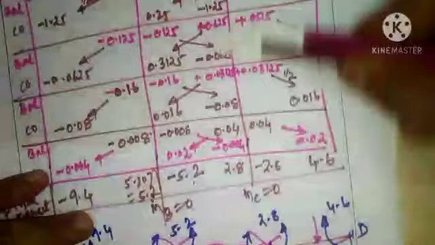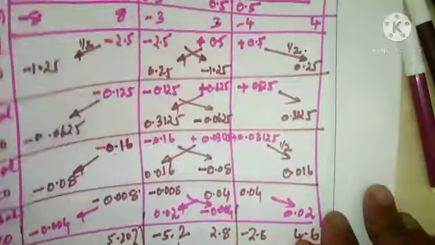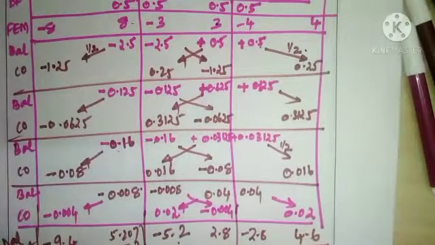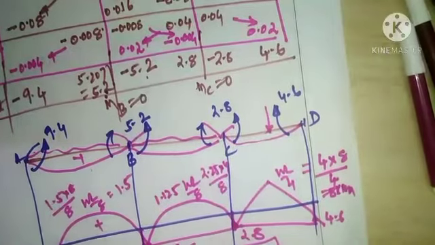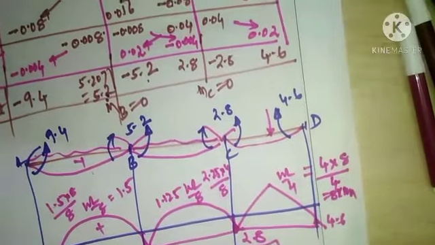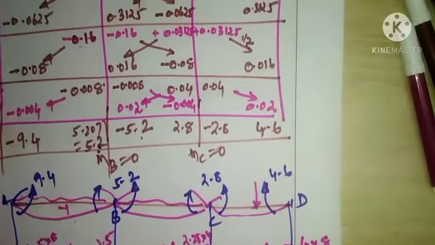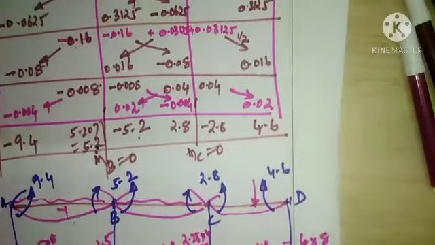And these are nothing but the sets of distribution table and the procedure that we need to adopt. So the most important thing is, whatever sign we are going to get, the opposite sign we need to adopt in the balancing exercise. And the carryover exercise will be done along with the sign convention. And the procedure and the iteration should stop once we get the first decimal as 0, which indicates there will be a balancing exercise. That means the net moment at the intermediate support, or the position where we have calculated the distribution factor, should be made 0.